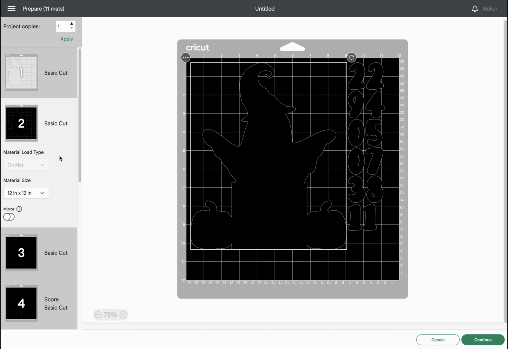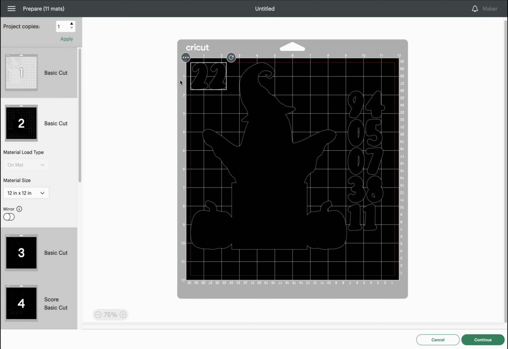So that was my white mat. I know it's gray, but I'm going to use it for white. Again, I just did it for purposes of,